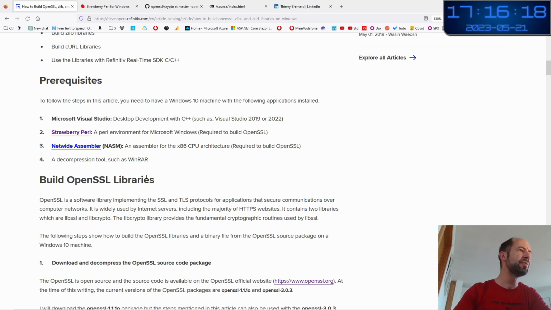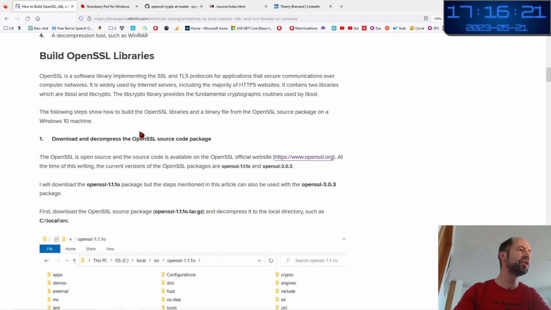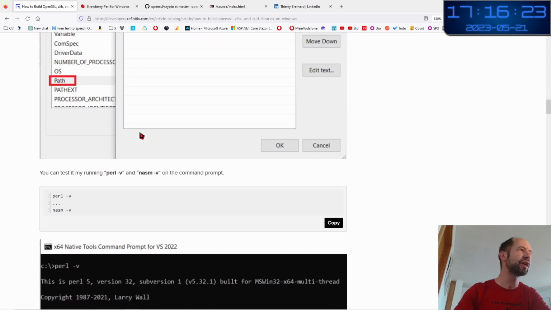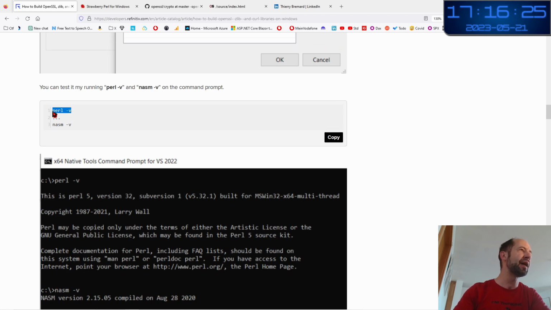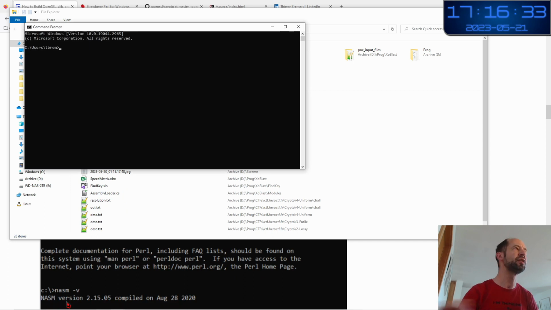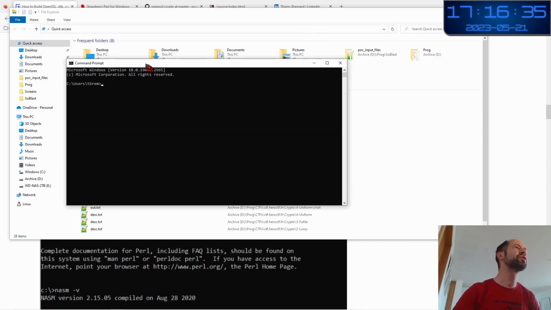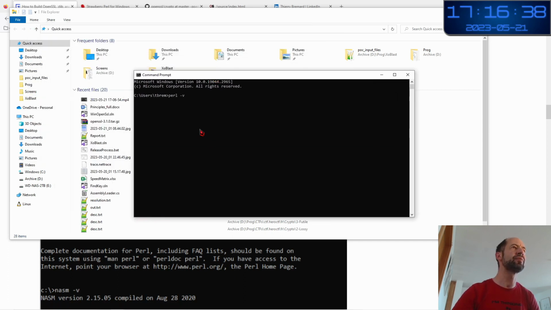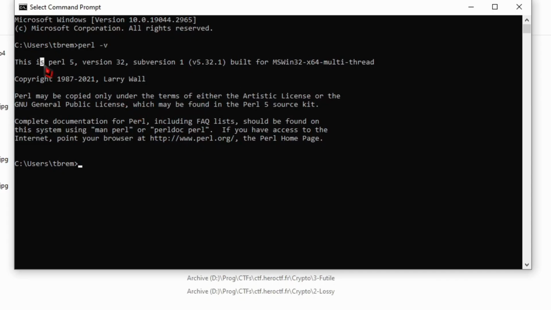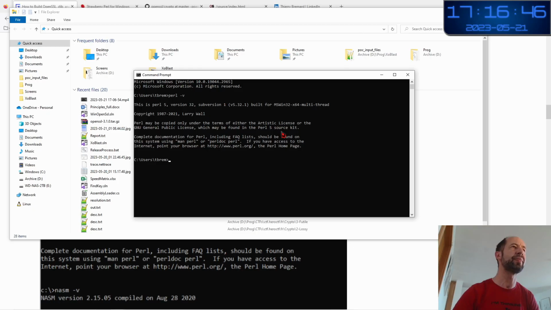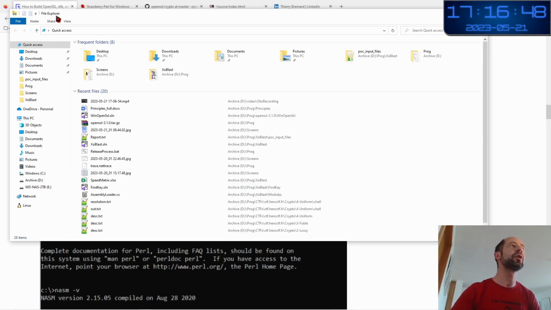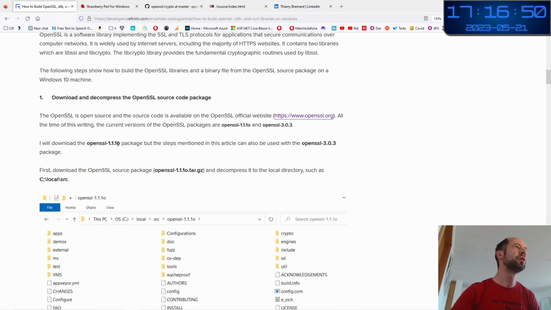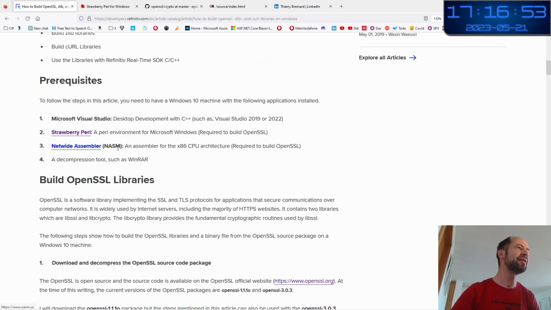And now let's come back to check the version. I should run perl -v on a command prompt. So open a new command prompt to take into consideration the new environment variables. perl -v. Okay, perl -v is recognized. A version is displayed, so it means this is inside the path. Good. Now let's continue and install the NetWide Assembler, NASM,